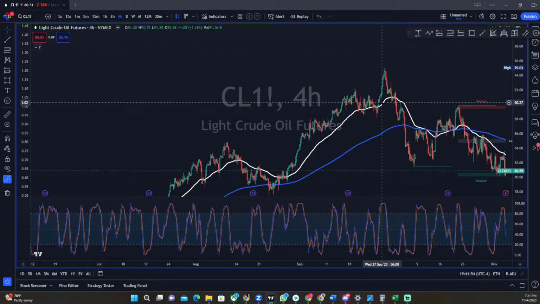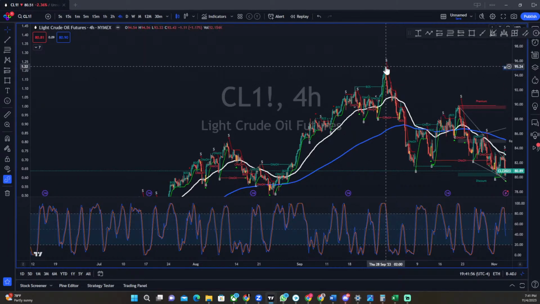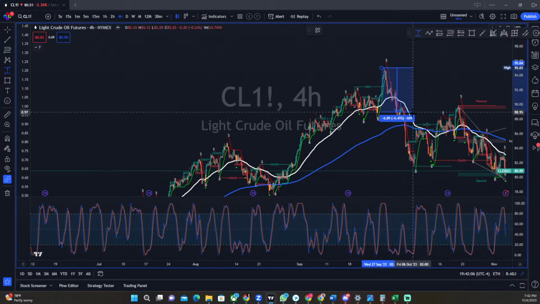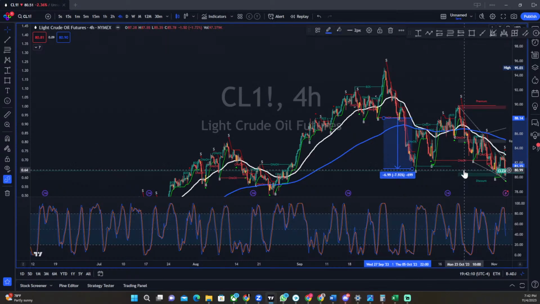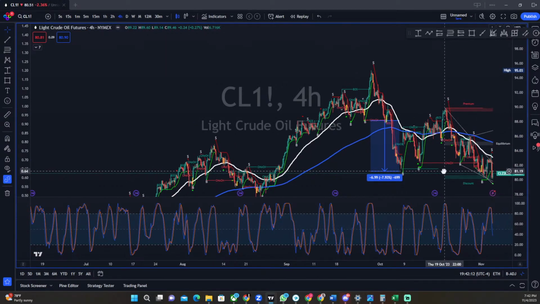So I kind of knew when we could not attack this high again, that we were going to create this head and shoulders. So the measured move for head and shoulders, if you do not know how it's done, you click here, take the breakout, and look at that bad boy. Bang. So if you actually played oil, to give you a little sense, if you don't trade futures, oil is $10 a tick. This was 699 ticks, so $10 each. So if you got one contract from that top, you're talking about $6,999.